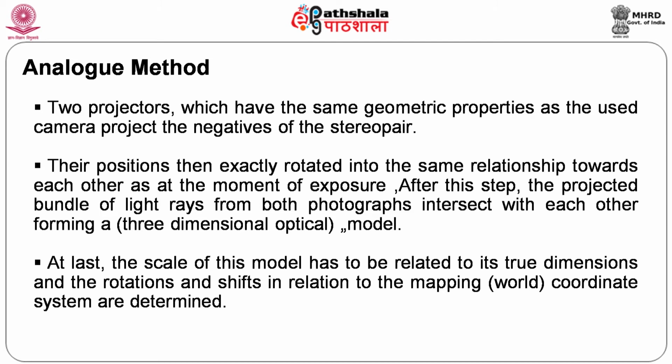I told you about the rotation part of it, very important; the variation will be there in the x direction, y direction and z direction. What the stereo plotter does is that we have three options: we have two hands and a leg, of course two legs are there, use one leg rather. With the right hand we may correct the x direction, with the left hand we may correct the y direction, and with the leg we will correct the z direction. All three corrections are made simultaneously, in such a way that we will be in a position to rotate the datum of the aerial photographs. So, what is it that we are trying to do?